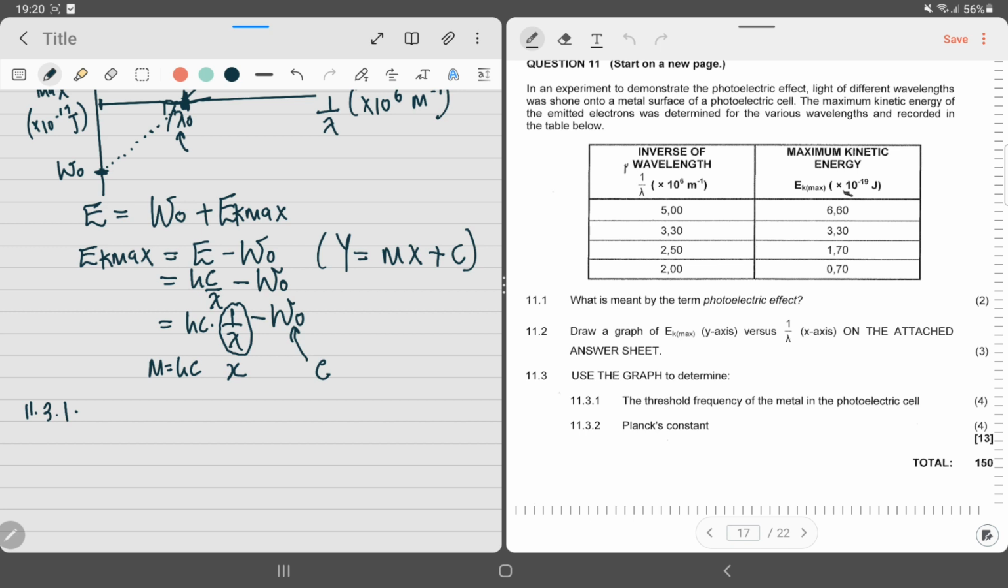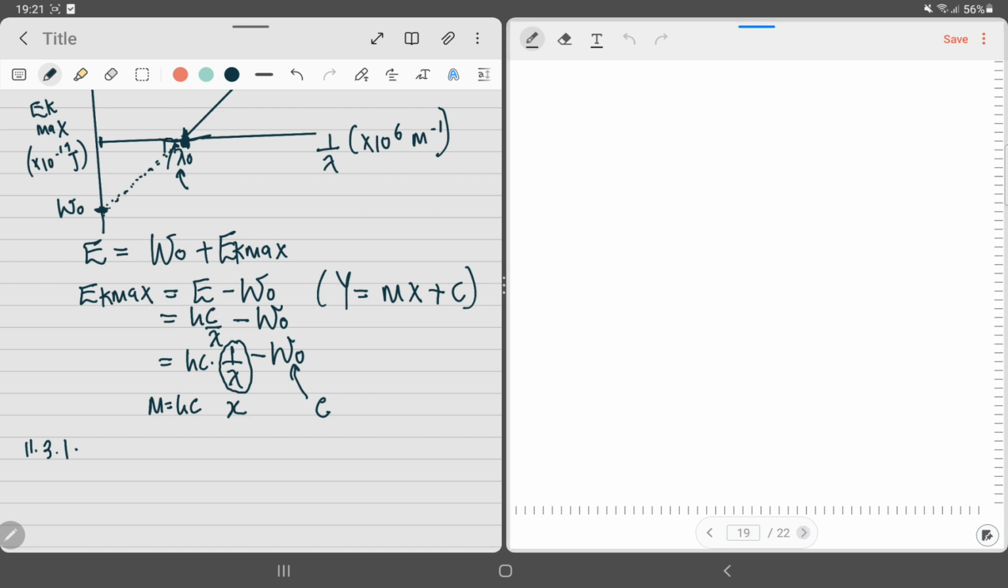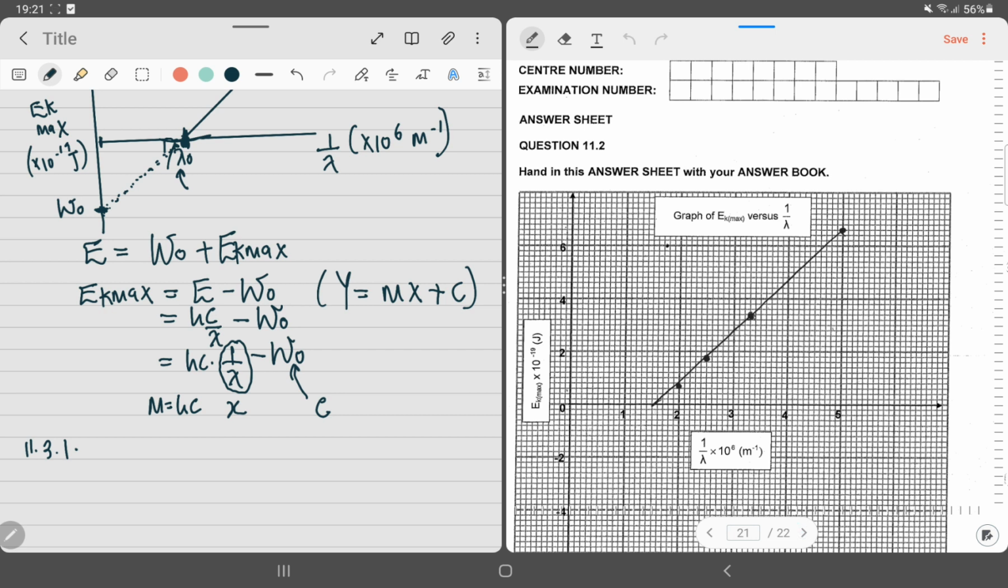11.3.1. They say that we should use the graph to determine the threshold frequency of the metal in the photoelectric cell. There's a couple of ways that we can do this. You can manually extend that line on the graph that we currently have and see where it cuts. But I prefer to use the calculator because it is more accurate. So